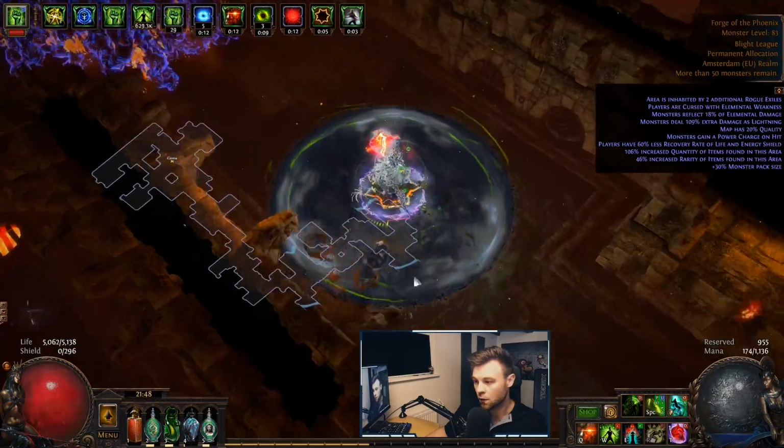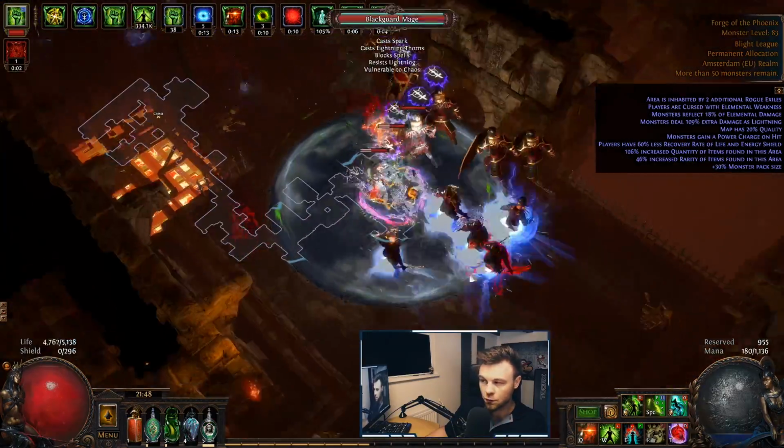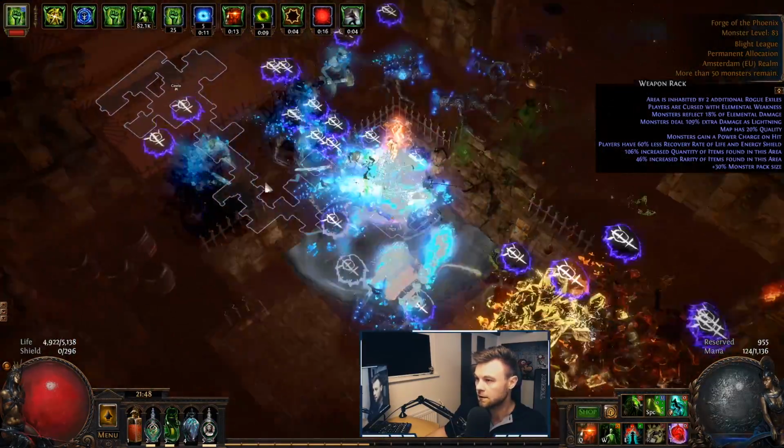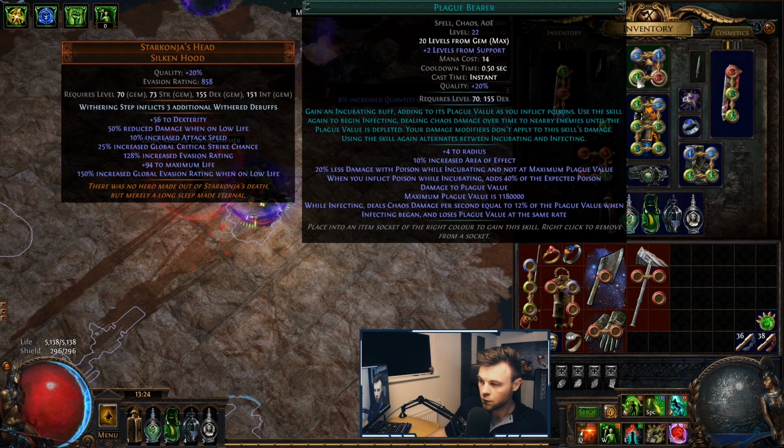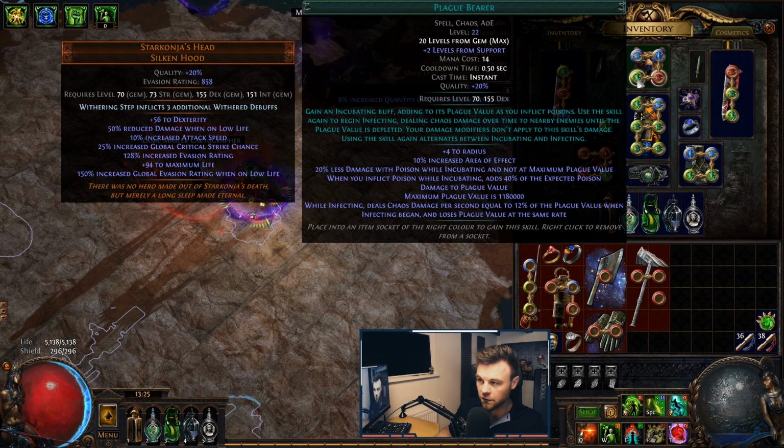Another thing is that early on, one thing that greatly helps you with your single target is Plague Bearer. Plague Bearer stores up some of that poison damage you've dealt for you to then release it over time. And this is a huge help for single target problems early on, and I think it's a mistake to not